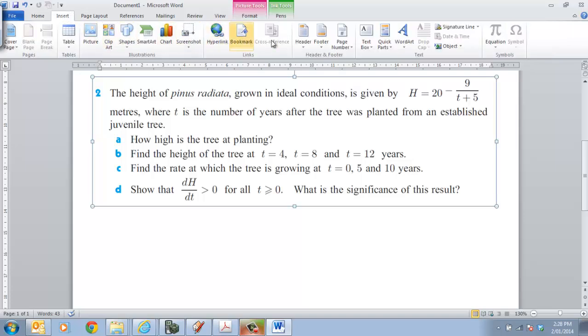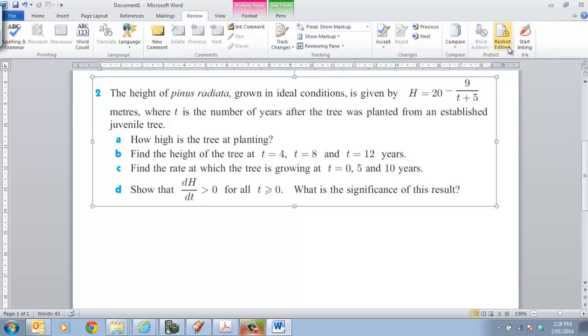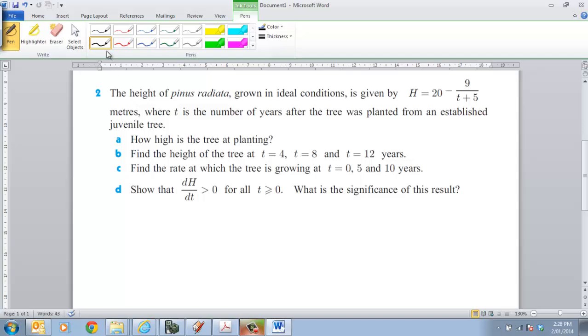Now, with these questions, it's a matter of working through each section. And the key thing, I suppose, which relates to calculus is if you are looking at calculus or rate of change, then you have to do the derivative. All right, so how high is the tree? That's when t is equal to 0. You might write h of 0. That's equal to 20